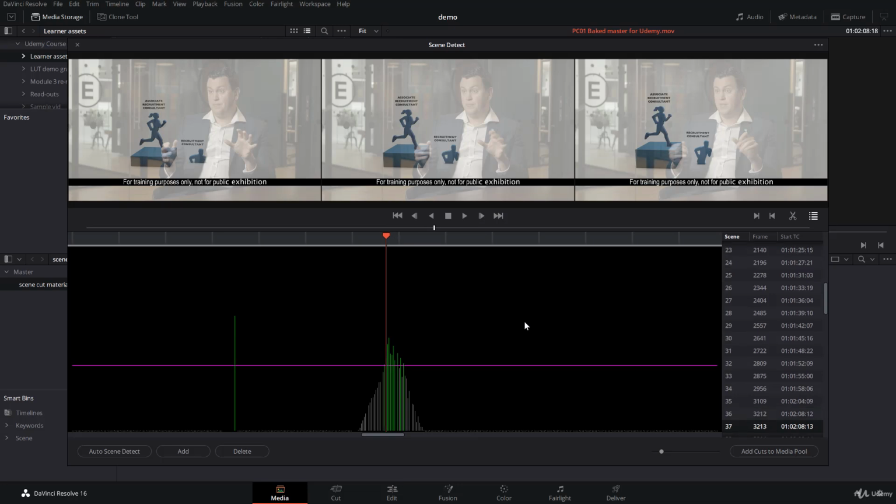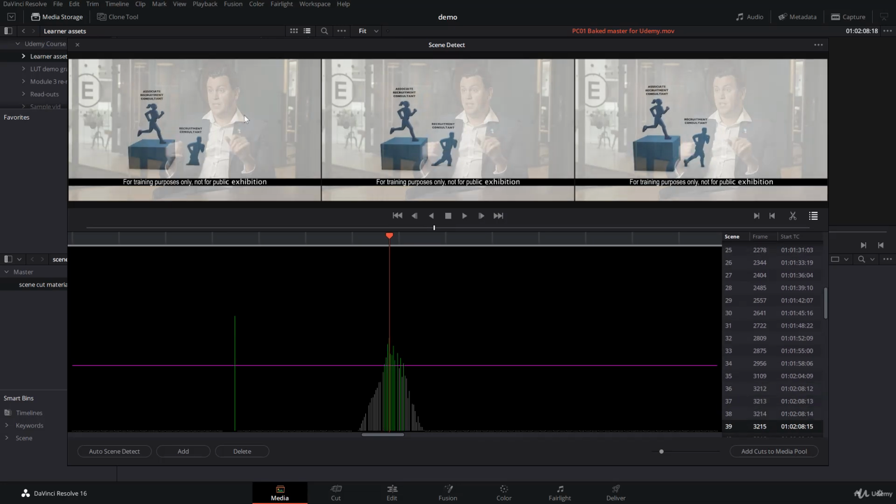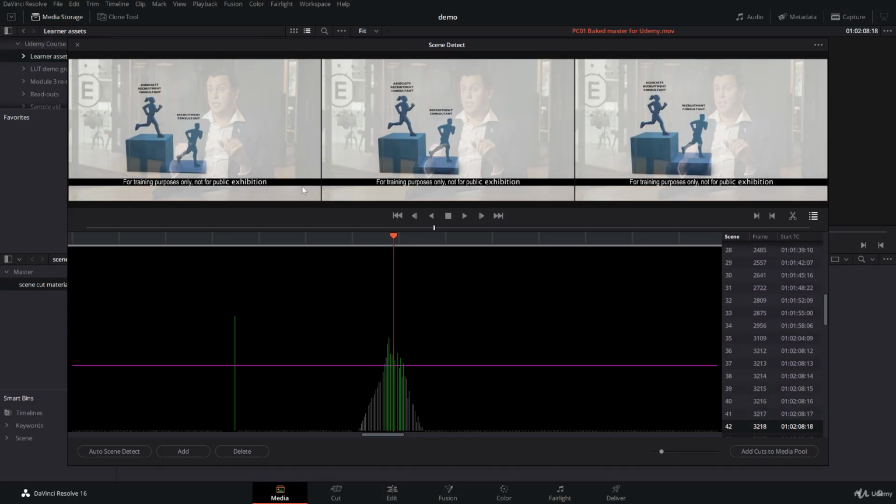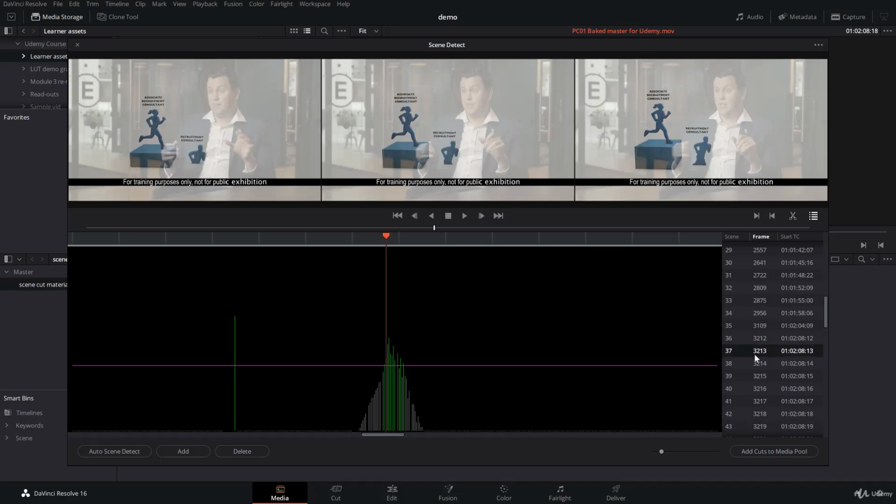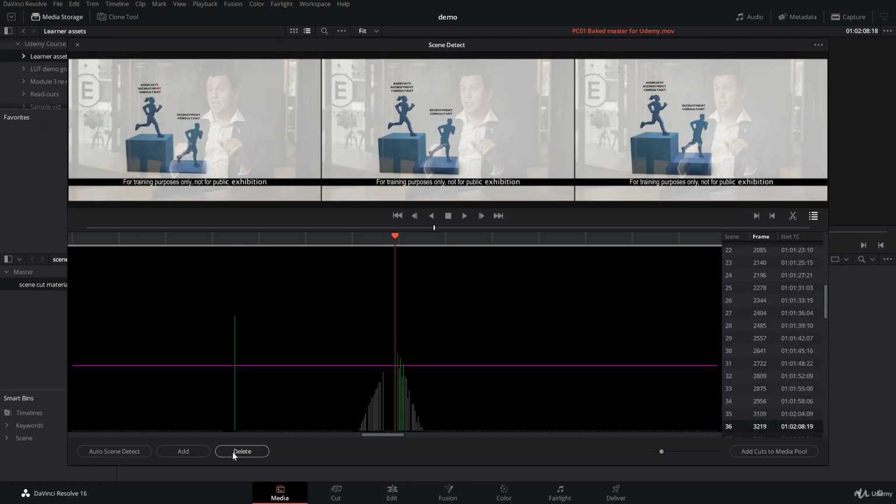So what it's doing is it's just seeing a part of our film where every frame looks very different from the previous one in terms of the values of each pixel. So it believes that every single frame is an edit, and that is why crossfades can trip up a Baked Master conform. I need to just delete all of these false positives, keep hitting delete until they are gone,